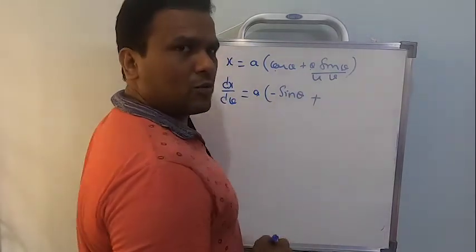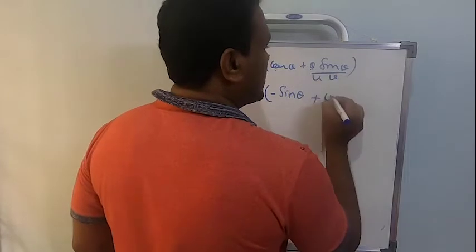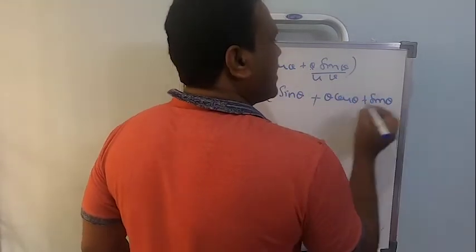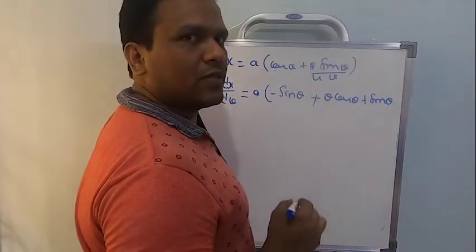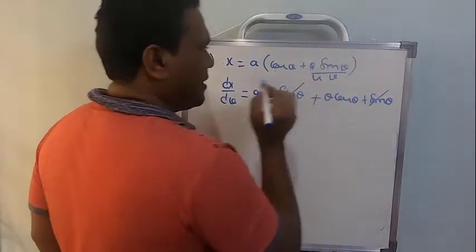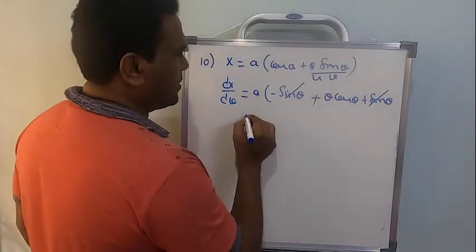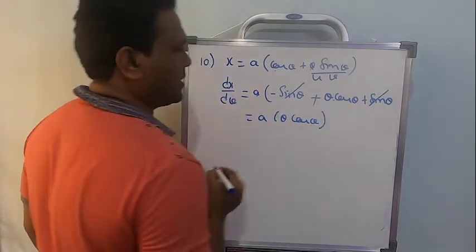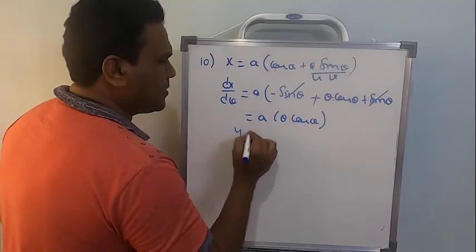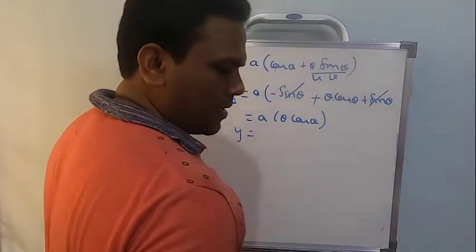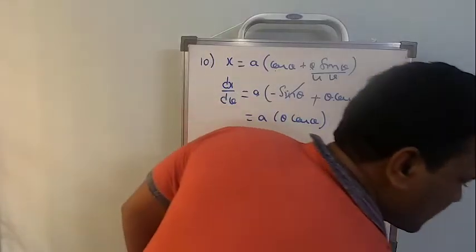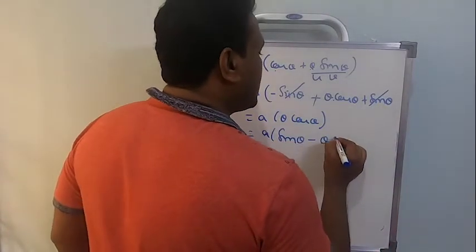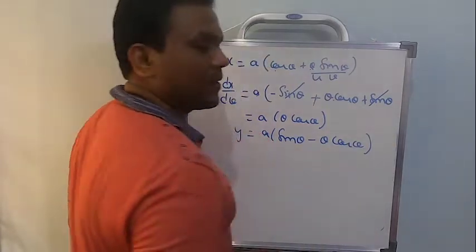That's all you need to understand. Product rule has to be applied here. Theta is the first function, differentiation of sin will be cos theta, plus sin theta as is, differentiation of theta with respect to theta will be 1. Eliminate the plus and the minus here, a, and the remaining is theta multiplied by cos theta. So it's easy, but there are chances we will go wrong. And the next, the y value is given by a multiplied by sin theta minus theta into cos theta.